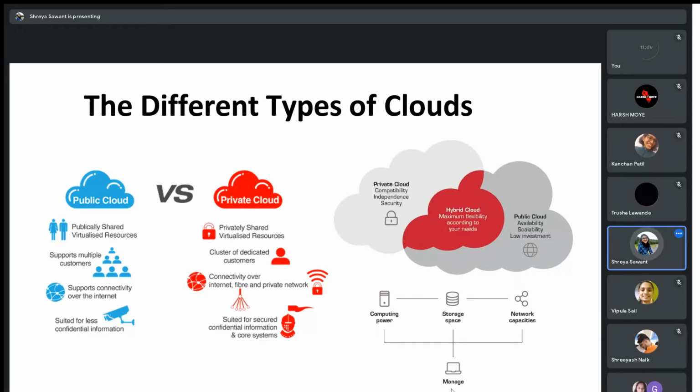Under private cloud, the cloud infrastructure is exclusively managed by a single organization, where all their data is limited to themselves, and it is very good for security purposes. And next, we have hybrid clouds, which fuse the concepts of both private and public cloud. It's the combination of both, where there is flexibility in providing computing, storage, and services environment.